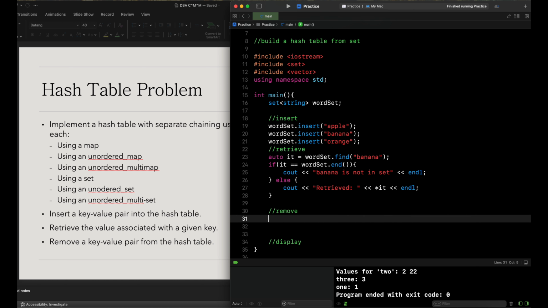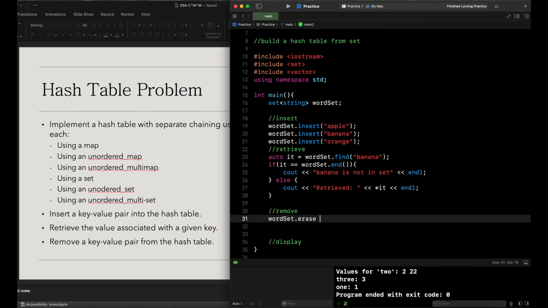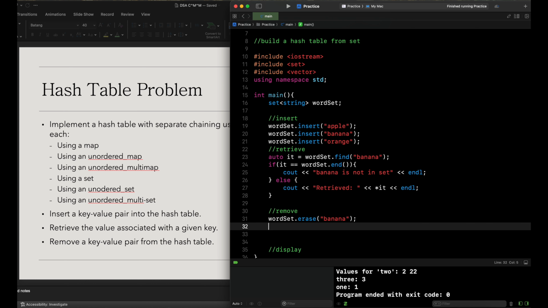Now we're going to remove. So we do word set dot erase. I'm going to find the specific one, banana. I'm going to say banana has been removed from set. Then